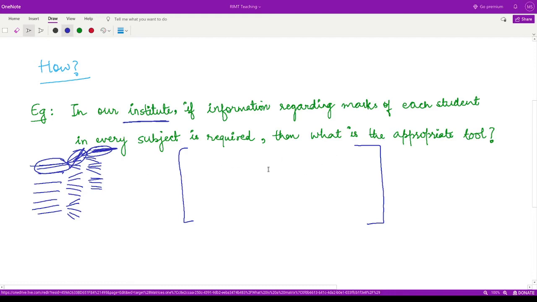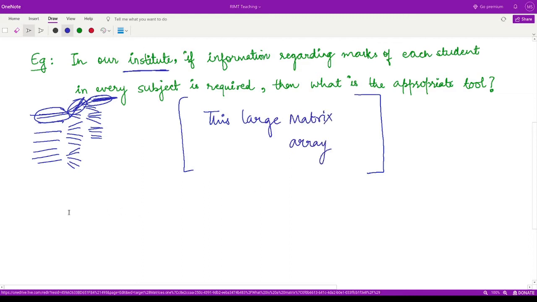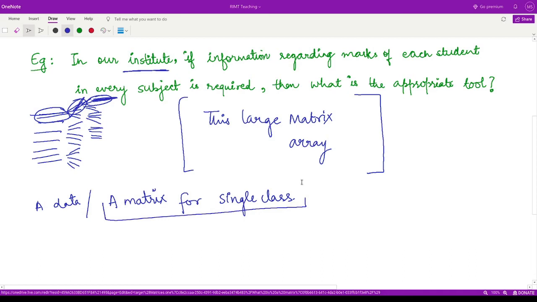So what we can do instead is, instead of creating this large matrix or a large array of data, we can create a matrix for a single class, and the number of such matrices would vary for different classes.